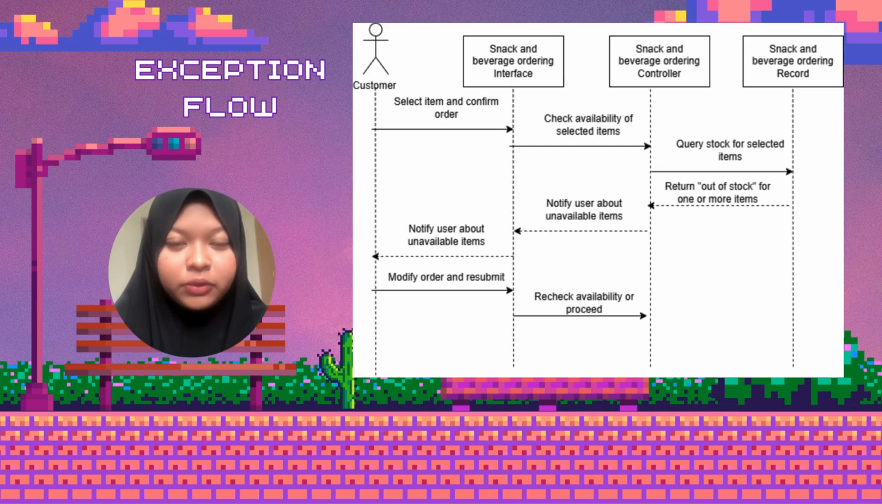The sequence diagram illustrates exceptional flow 1, which is when a seller item is out of stock. First, the customer selects items and confirms the order, and then the interface checks the availability of the seller item with the controller, and then the controller sends the stock query for the seller item to the record, and then the record returns out of stock for one or more items of snack and beverage, and then the interface notifies the user about unavailable items,